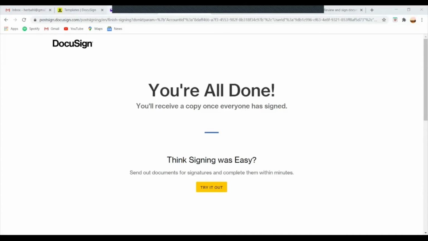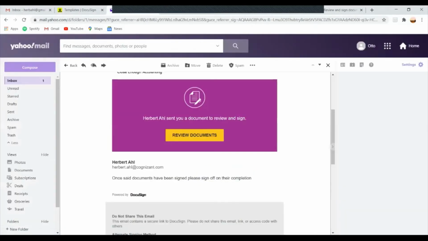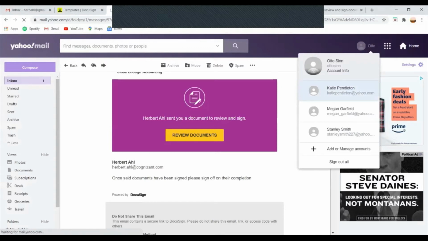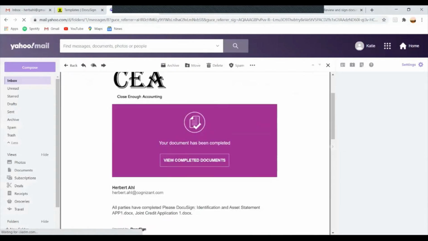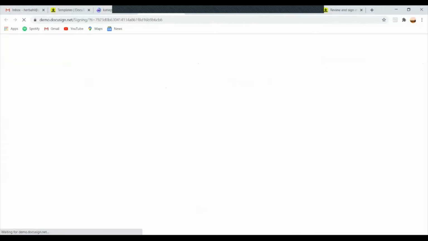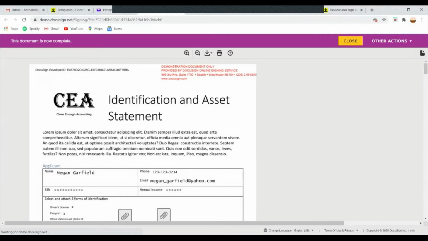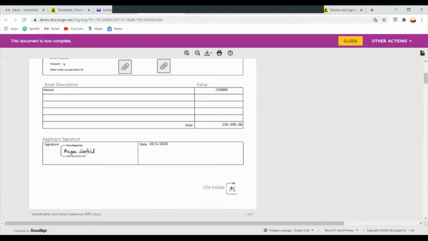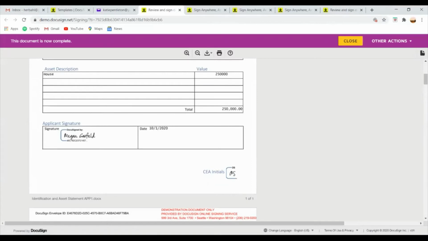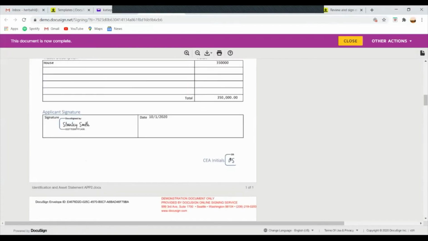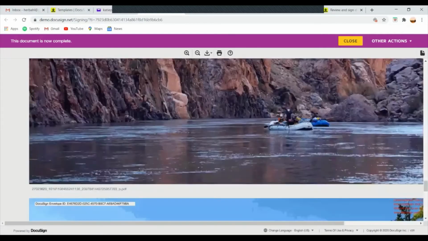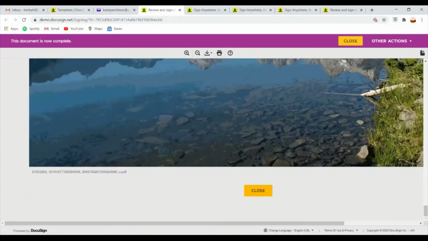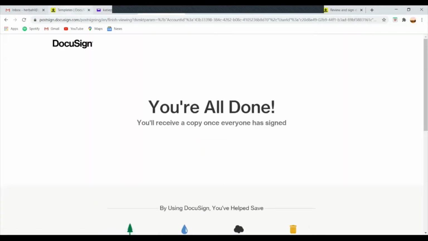Next, we would move on to our legal representative. And they would be able to view the completed documents, along with the attachments as well. So you can see that they have signed and also that the credit assessor has signed. There are the documents as far as the attachments go. And done. Now going back to our